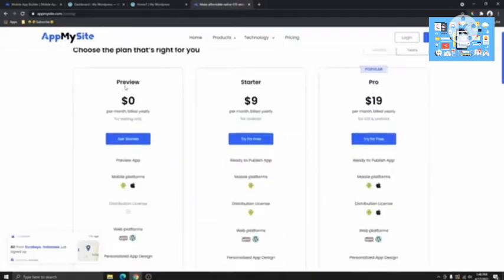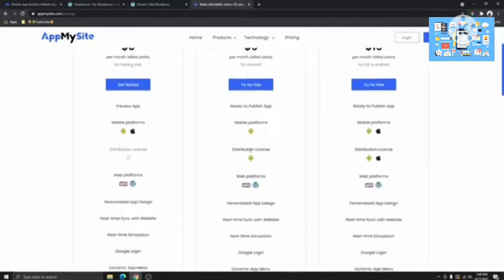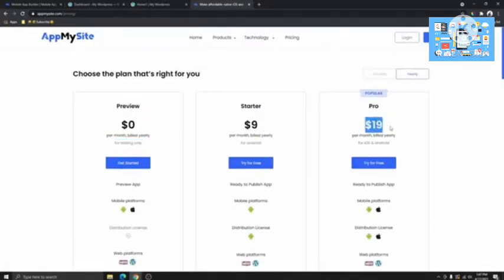And here you can see you can build your app for free without paying anything to build your app, and then you have to pay to publish your app. And then when you are ready to publish it, you can go ahead and subscribe for $9 a month, or you can subscribe for $19 a month just to have your app published on iOS or Android. But for here, you can only publish on Android. So because I'm going to be using the free plan to demonstrate how you can do this in this video,